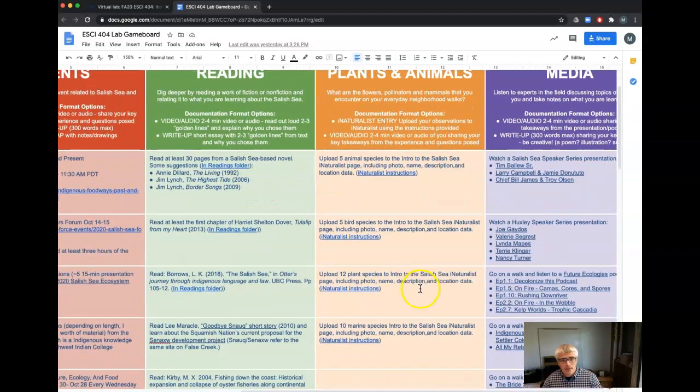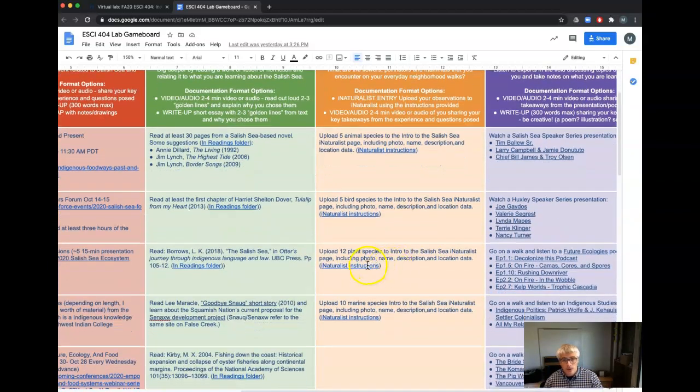For plants and animals, we're using iNaturalist, which is a really cool app/program where you download the iNaturalist app. If you go out and take a picture of a plant, it will identify that plant and then put it into a shared database. We have a database for this class, and there's a kind of global database. And so the idea is, particularly for plants, if you choose to do that for one of your virtual labs, you'll go out and take pictures of 12 different